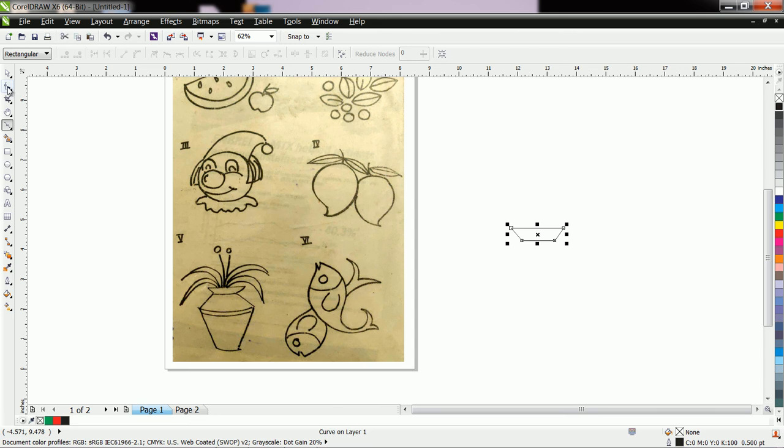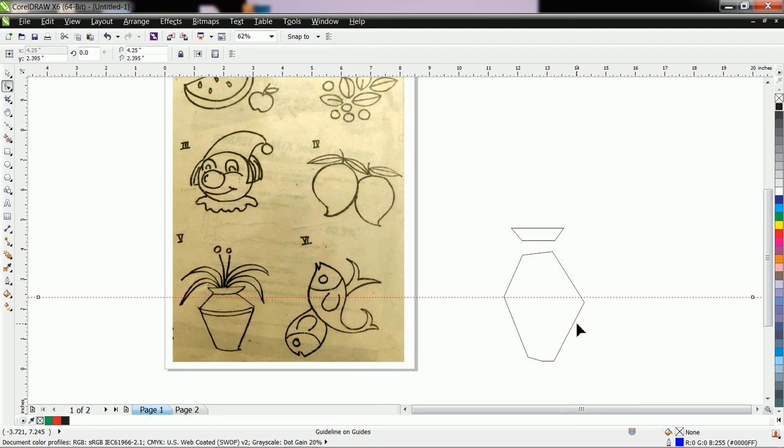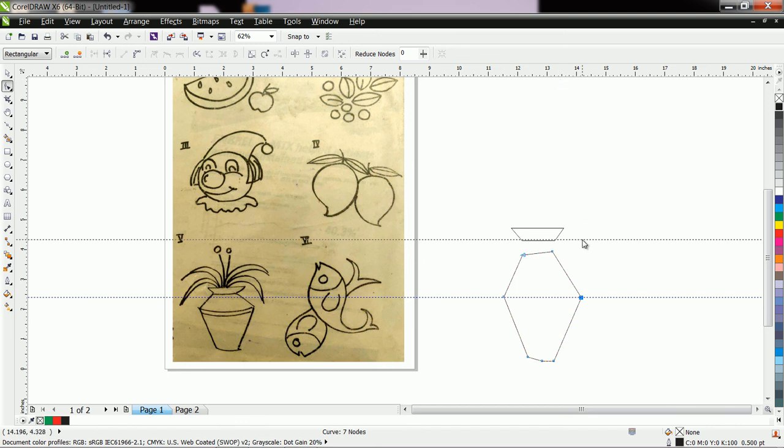Okay, after that, if you want to fill different color, then you have to draw the different shape. Suppose here I used to draw this one. Here also it should be close. Then with the help of guideline, you can also edit this shape. Okay, here also you can use guideline.